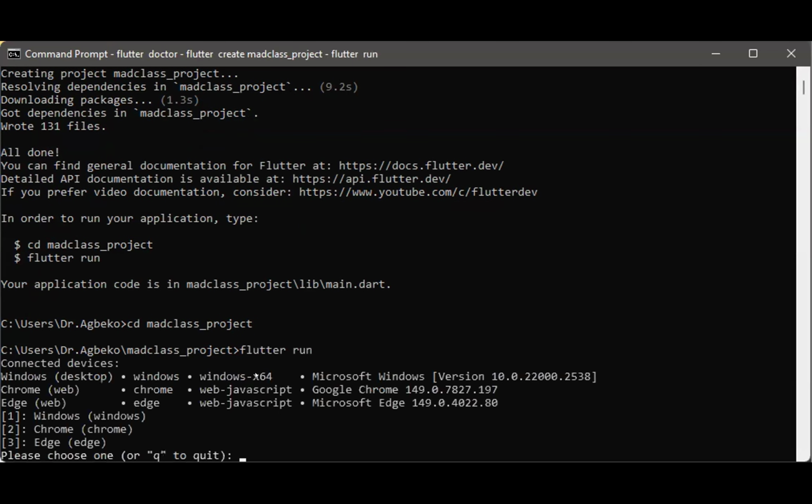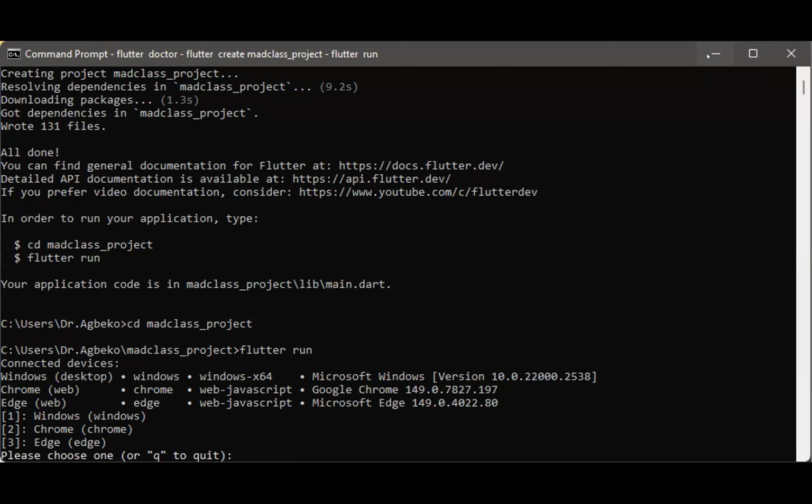So once you enter this command, flutter run, leave it here, close your command prompt, and then go back to your VS Code. So I'm going back to my VS Code. I'll show it to you, don't worry.